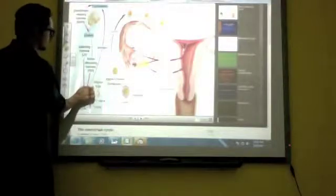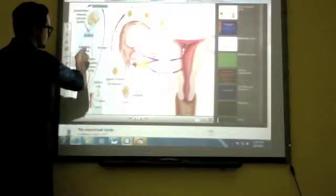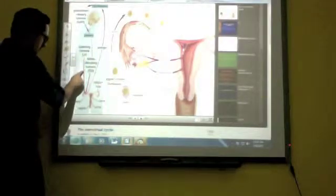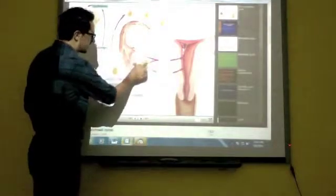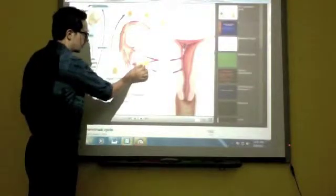Estrogen, high levels of estrogen, stimulates the production of luteinizing hormone, but at the same time is blocking the FSH. So that luteinizing hormone goes straight to the follicles, and it helps to release the egg